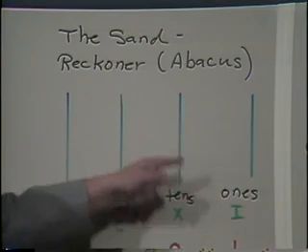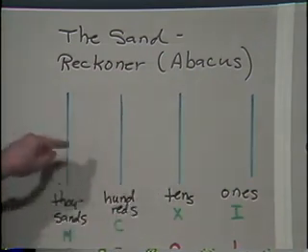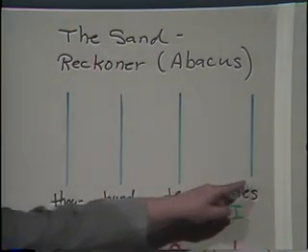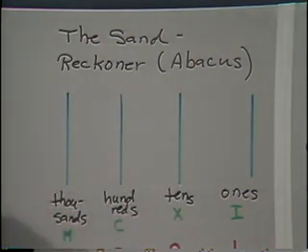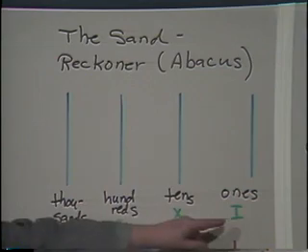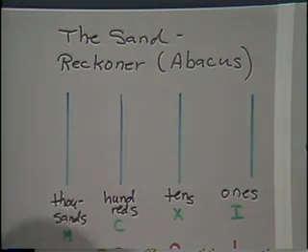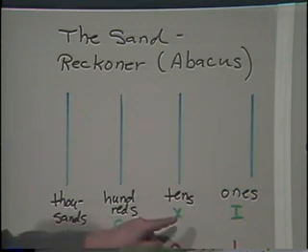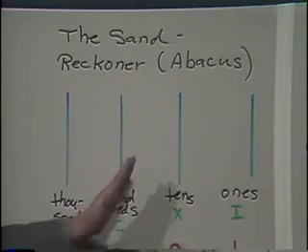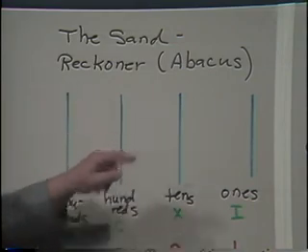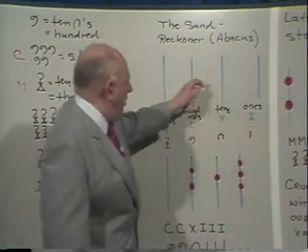Rather than drawing different pictures, the sand reckoner was you just drew lines in the sand. And the line furthest to the right stood for ones, the next line for tens, hundreds, thousands, etc. And if you were a Roman and you wanted to read this, this was what? The I's, the X's, the C's, the M's. If you were an Egyptian, it was the tally marks, the arches, the coils of rope, and the lotus plant. But this was a place value. In other words, the nouns are still visible, but they all look alike, don't they? The only way you can tell them apart is by where they're placed.